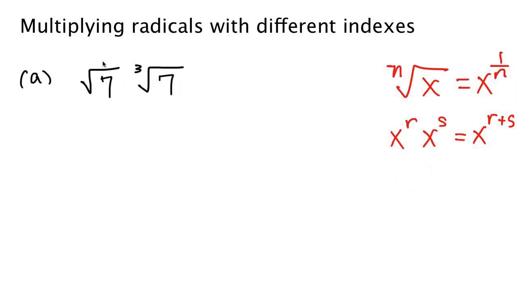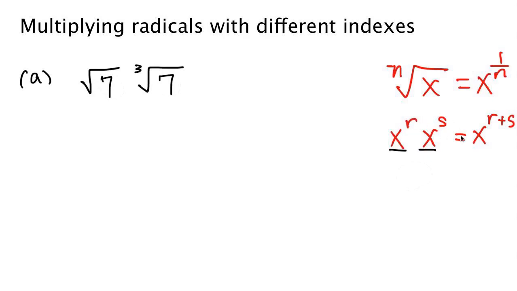In this example, we are going to simplify this expression with two radicals with different indexes. Over here, I have explained a couple of formulas, two properties of exponents. The first one says that if we have a radical, we can convert it into a rational exponent. The nth root of x is x raised to the power of 1 over n. The second property tells you that if we have two exponents with the same base, then we can add up